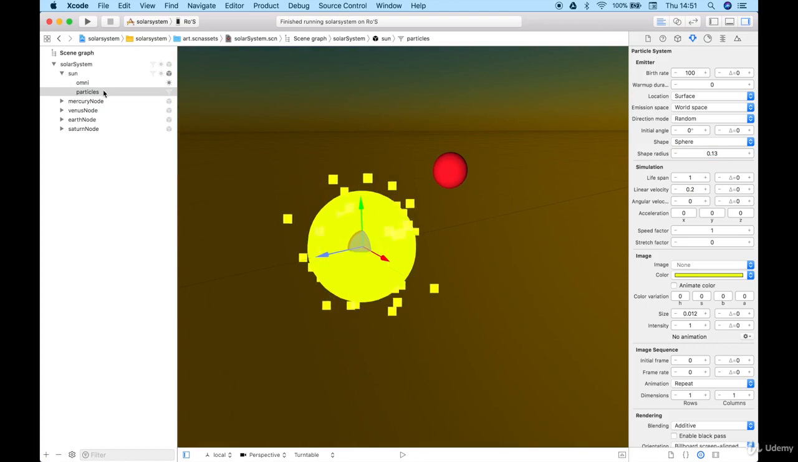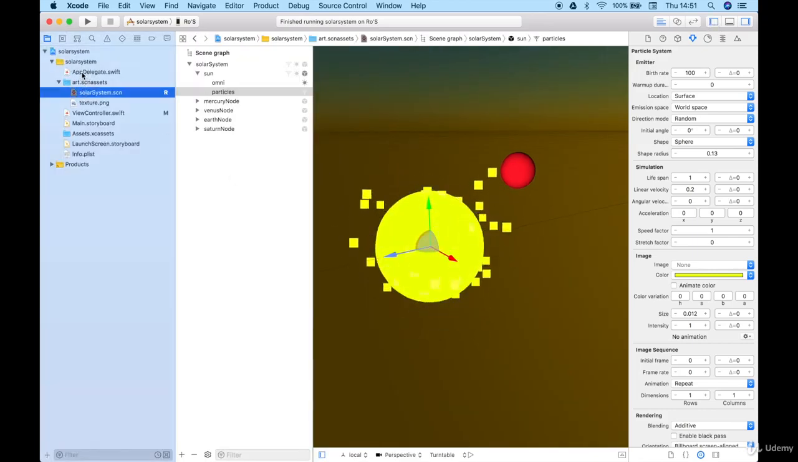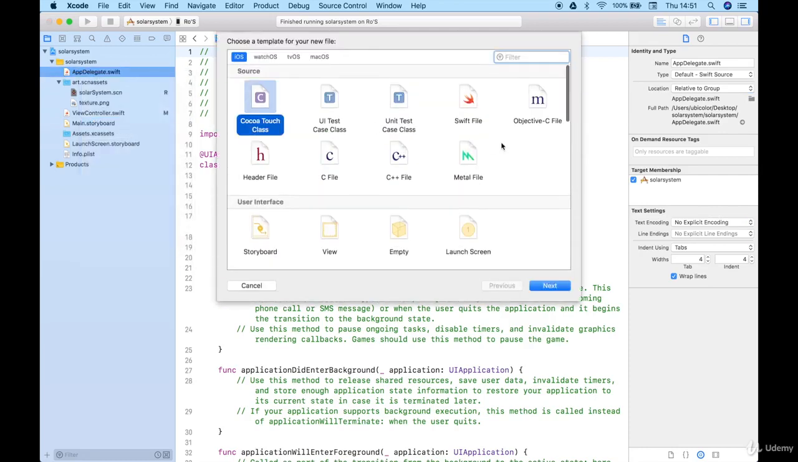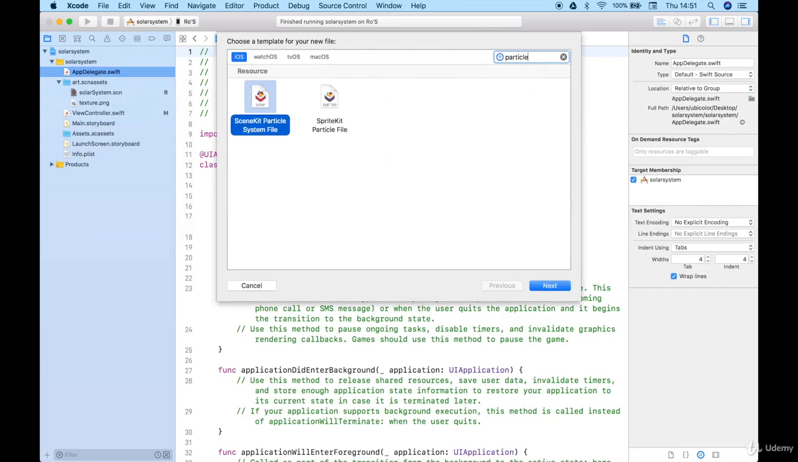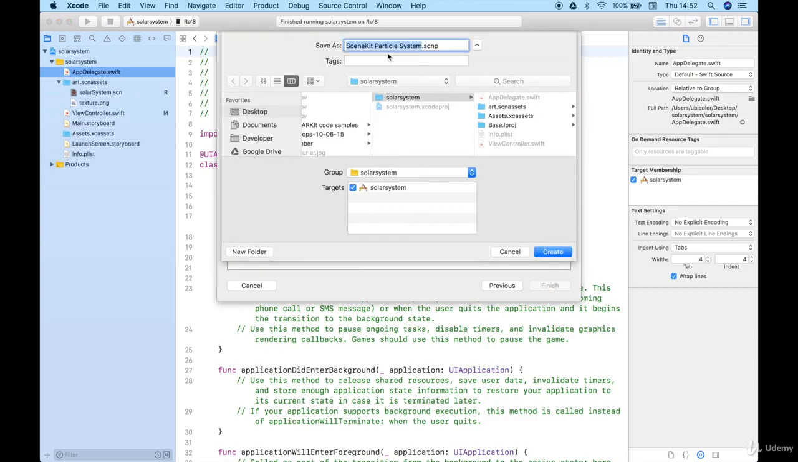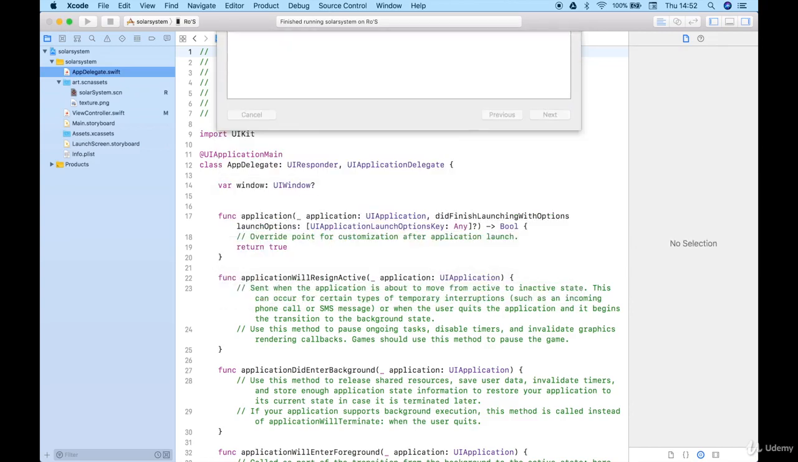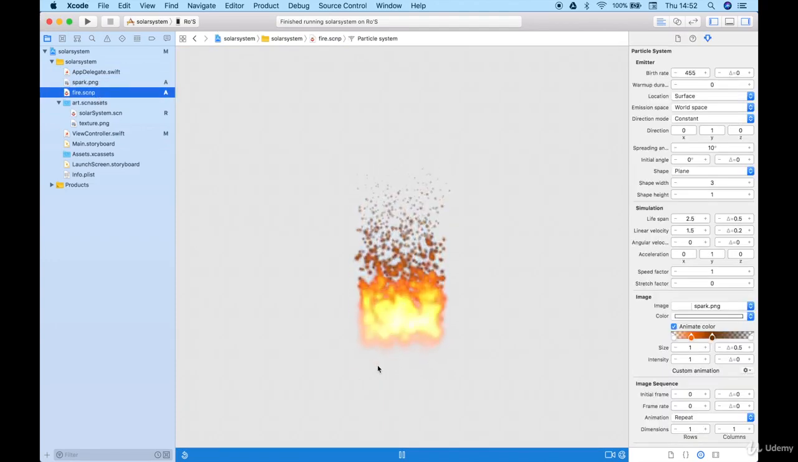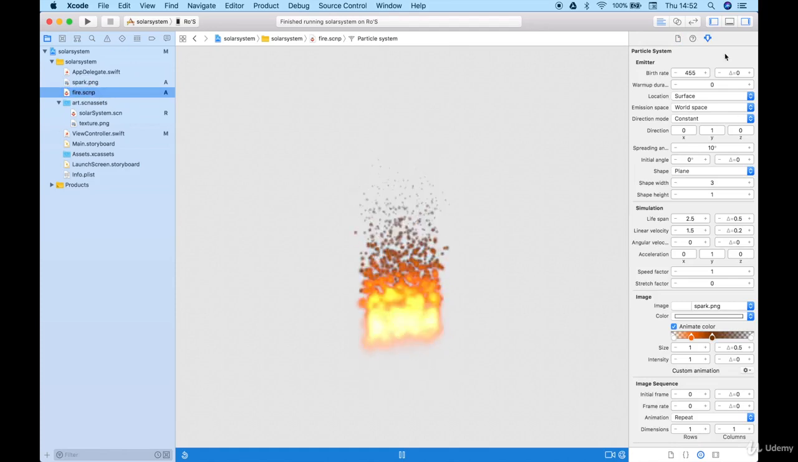So one last thing I want to show you is that you can create particle systems. Let me just go back in here and show you how you can create particle systems in a different file. So if you look for a particle, you can now create a SceneKit particle system file, click next, and we'll create some fire. Let's just say fire like this. And as you can see, we have our fire here that we can, exactly the same way as we did before,